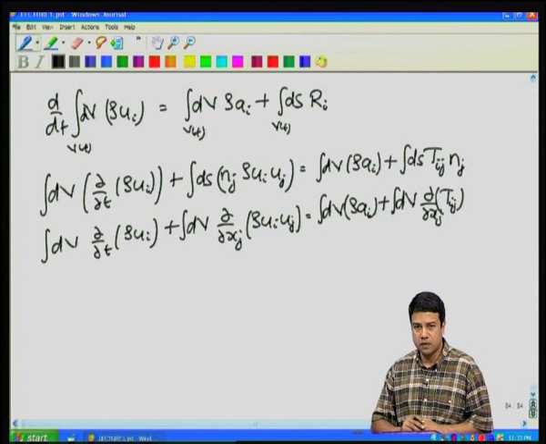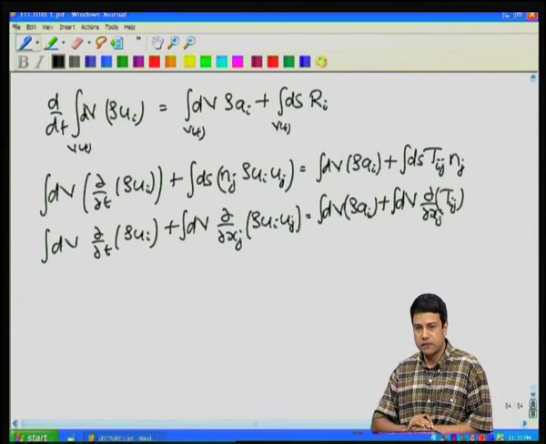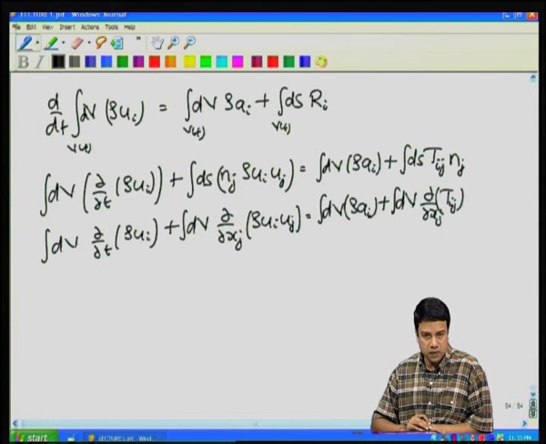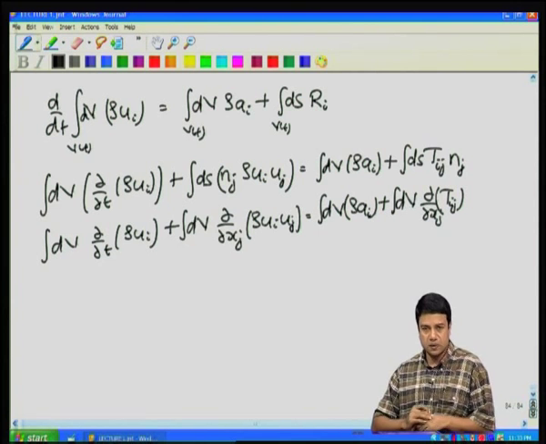Convert them both into volume integrals. Everything now is a volume integral, and this has to be true for any volume. It has to be true in the limit as the volume goes to 0, and what that implies is that